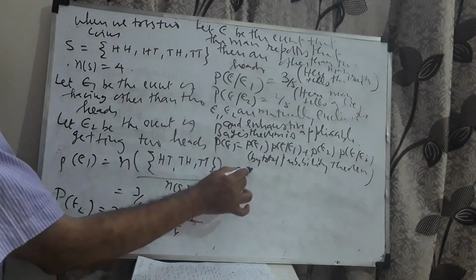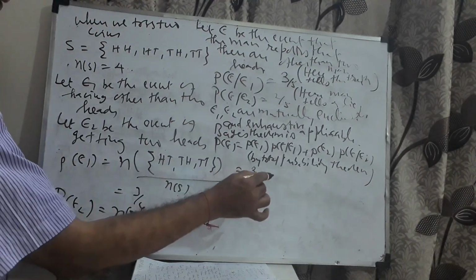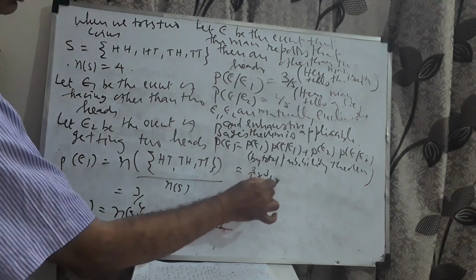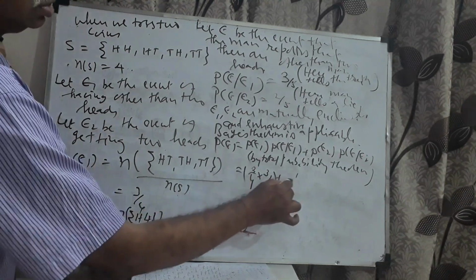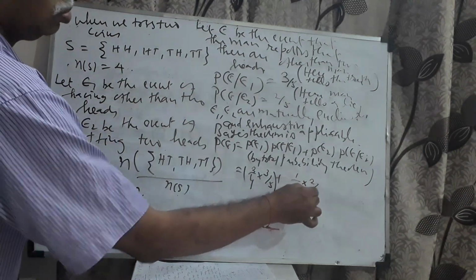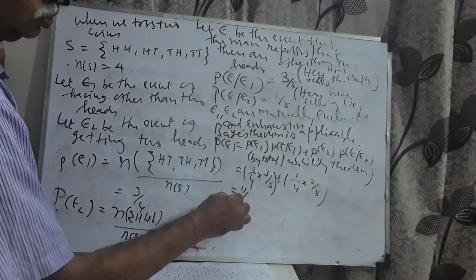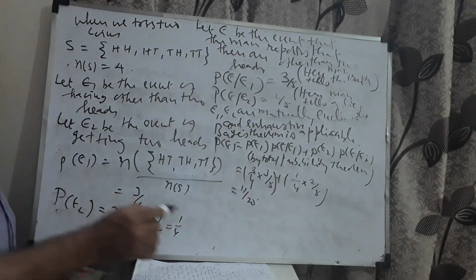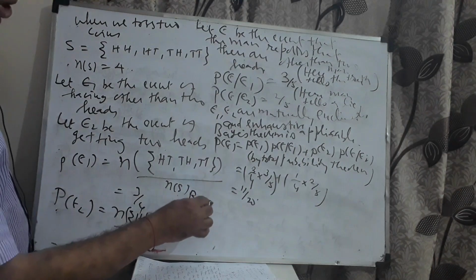Let me substitute the values. 3/4 into 3/5 plus 1/4 into 2/5, which reduces to 11/20. Now the required probability is equal to